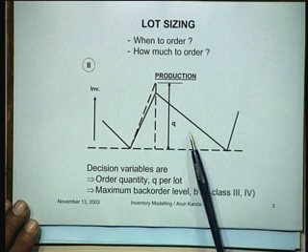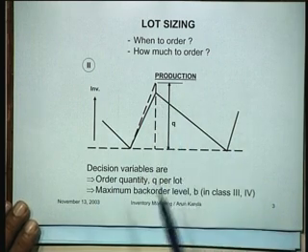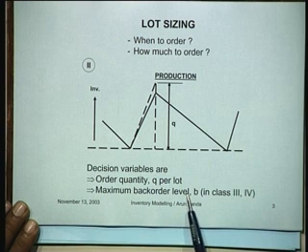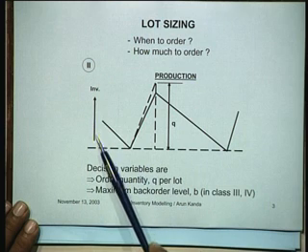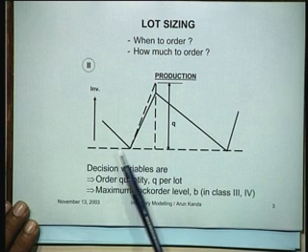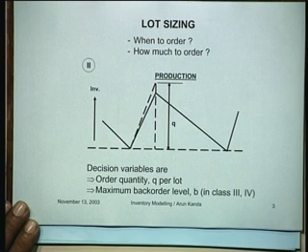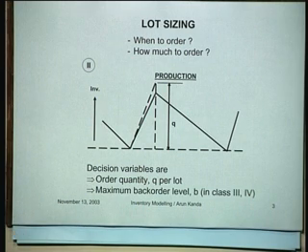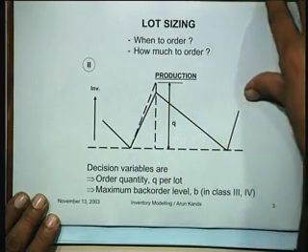So the decision variables here are again the order quantity Q per lot, how much to produce, and of course we are not specifically concerned with back orders because we have not allowed the inventory to become negative. That means we are not allowing any shortages to take place in this particular situation. So this is the second model, which is a model of a production situation rather than a purchase situation, in which the sawtooth curve is now inclined, as you see here.